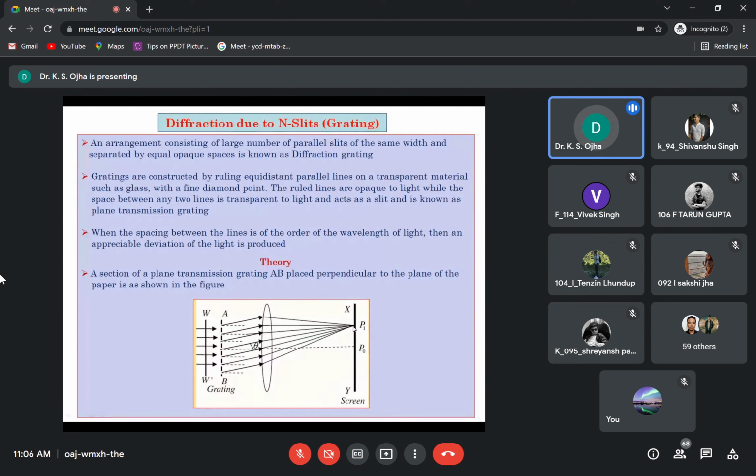We will apply the same theory. Here we are going to use the result of the single slit in this n slit experiment. Just like I explained in the single slit, when a single slit is divided into n equal parts, n waves are emerging, and we found the resultant of the n waves emerging from the single slit. So here we are using n slits. It means the result of the single slit will be used for a single slit.